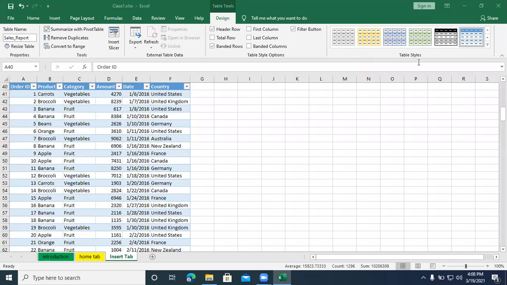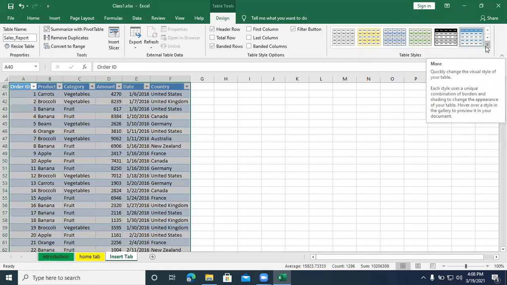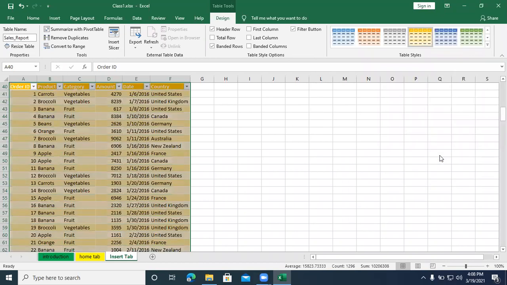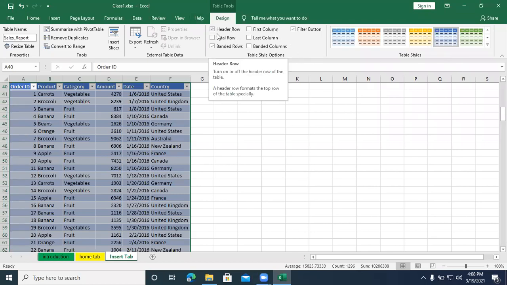Once you create a name, here you have table styles. You can change dark, medium, and light colors. Whichever style you want, you can change it. You can also highlight the header row, the first row.